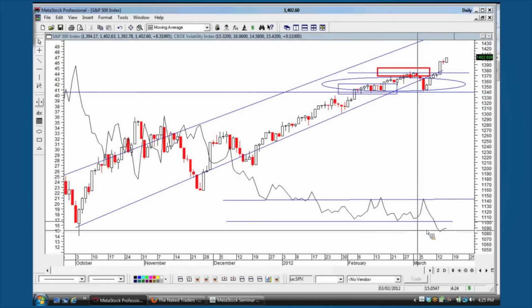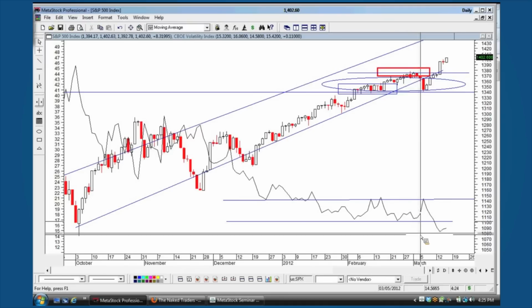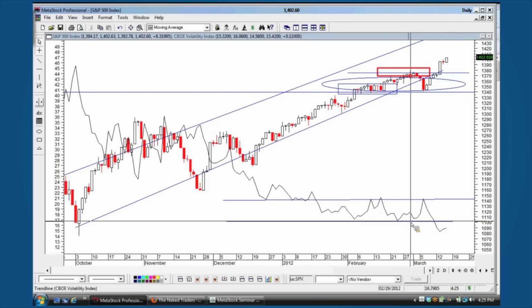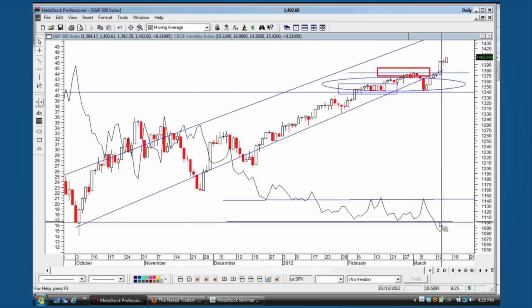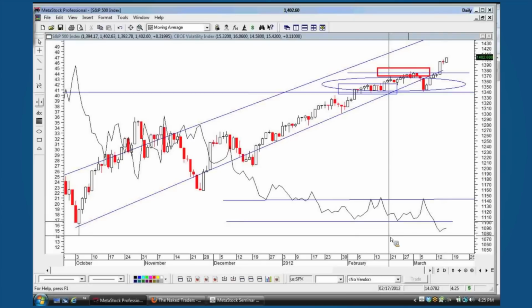But what do you do? You take a look at this and you're looking for a turnaround. You're looking for your major indicators to start to break below their new levels of support that you have mapped out. And you're also looking for the VIX to break above its new levels. So this bottom area we have drawn here, once you start to see the VIX turn around and break back above that area,